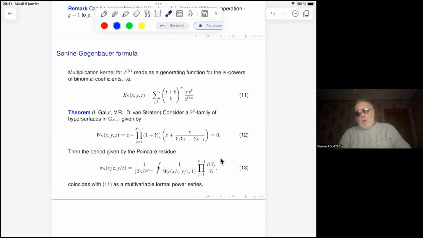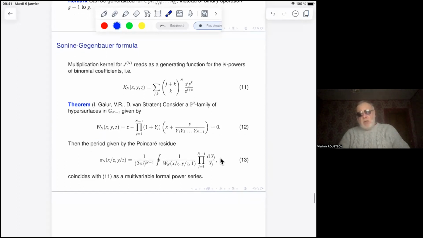We can go to our Bessel n's solution. We can write the kernel corresponding to this solution in the form of Odesky and Kontsevich, and then we proved that our approach, which gives some period related to the toric hypersurface family in this toric space of dimension n minus 1, relates exactly to this kernel which one can obtain from the Odesky and Kontsevich